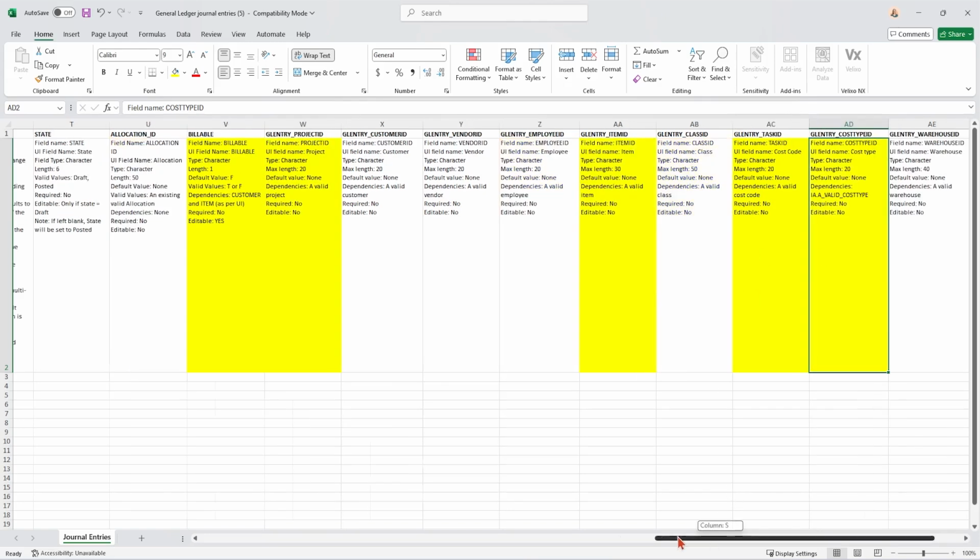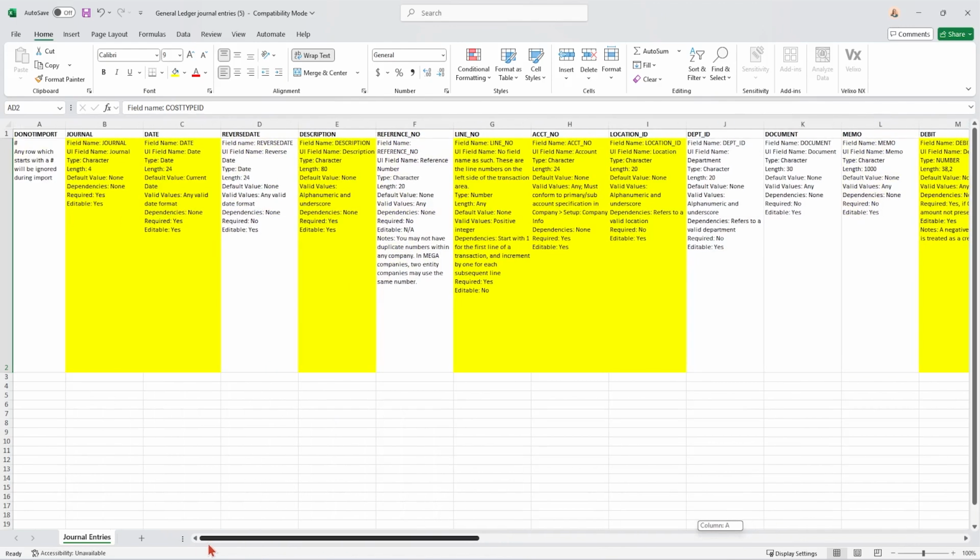Obviously, put in whichever ones make the most sense to you. So you want to make sure that you're not editing these titles. Your column titles, leave them alone. Don't change them because you're just going to end up getting errors. So leave them alone. And then here on your entries, on your lines here, we're going to start putting in